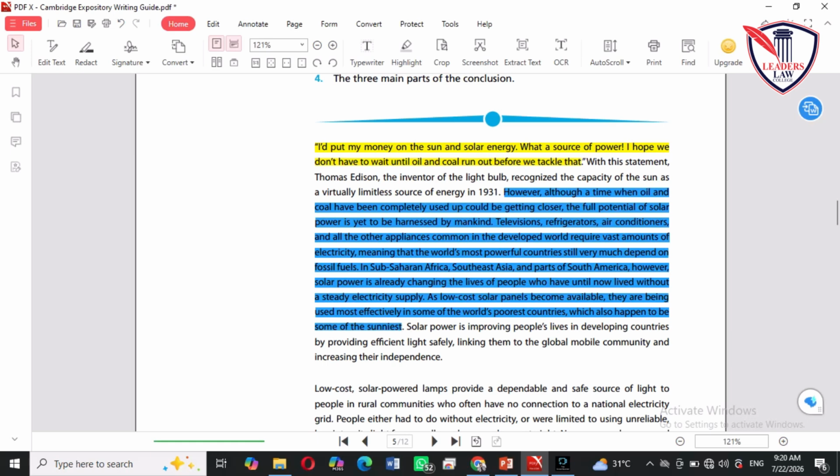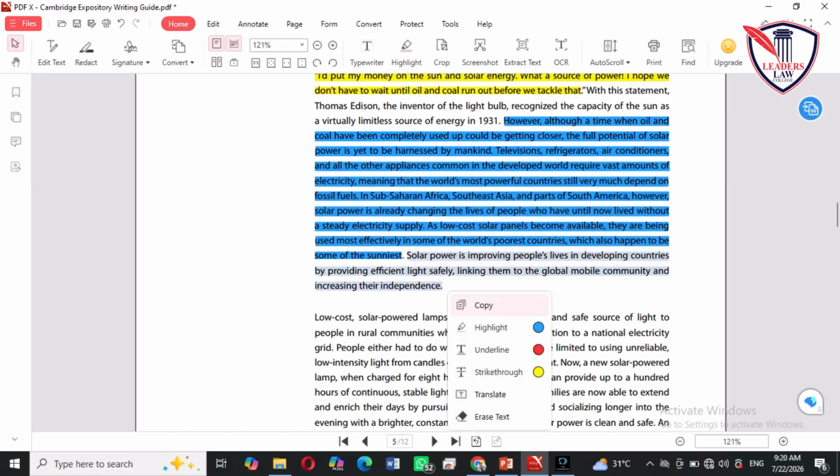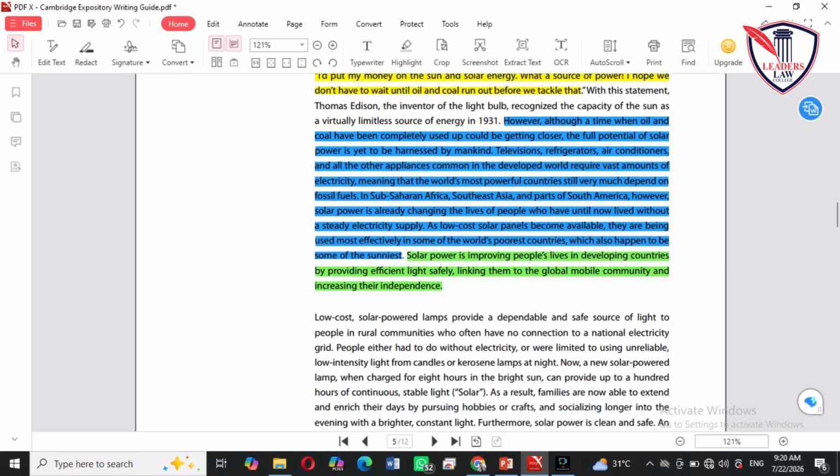And then comes the most important sentence of the introductory paragraph, which is the thesis statement. And we must keep in mind that a thesis statement is the last sentence of your introductory paragraph. So let's have a look at this thesis statement. And as we said before, a thesis statement contains the main idea, and it must contain at least 3 points for the body of the essay.